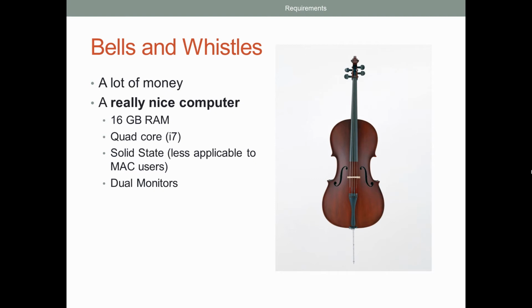It's also nice to have a quad-core processor, and processors are getting cheaper and cheaper. The i7s right now are quad-core, and they're coming out with, I believe, 3rd generation right now as we speak. And then there's solid state, and the reason this is also important is because you want to have something that's accessible, and we'll go over this in the template unit.